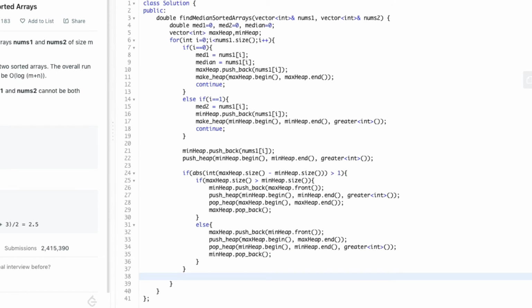And finally, we update the values of mid1 and mid2 as the front element of max heap and min heap respectively.